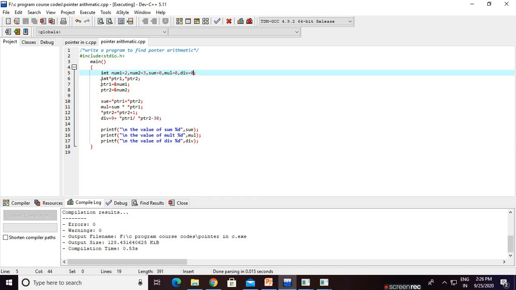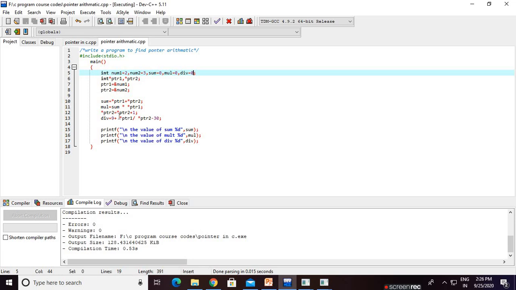If you print num1 or *ptr1, you get the same output. Likewise, where we use num2, we use *ptr2. That means sum = *ptr1 + *ptr2.